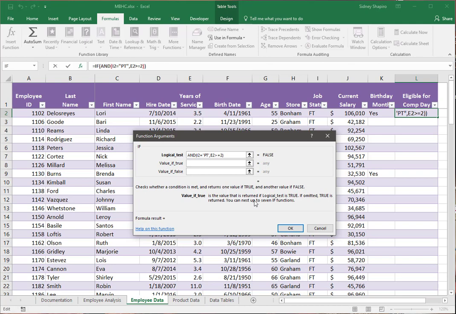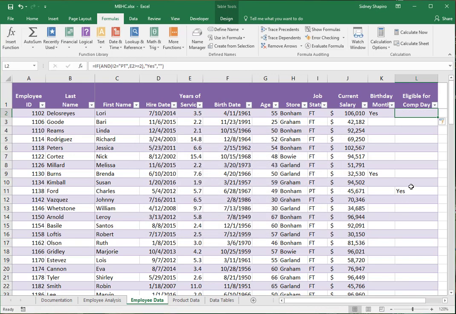Next, we'll write yes, and then we'll just put in a blank, and the blank will show up as blank. Okay, so we're going to press OK, and then here we'll have yes. So now what's happening is that